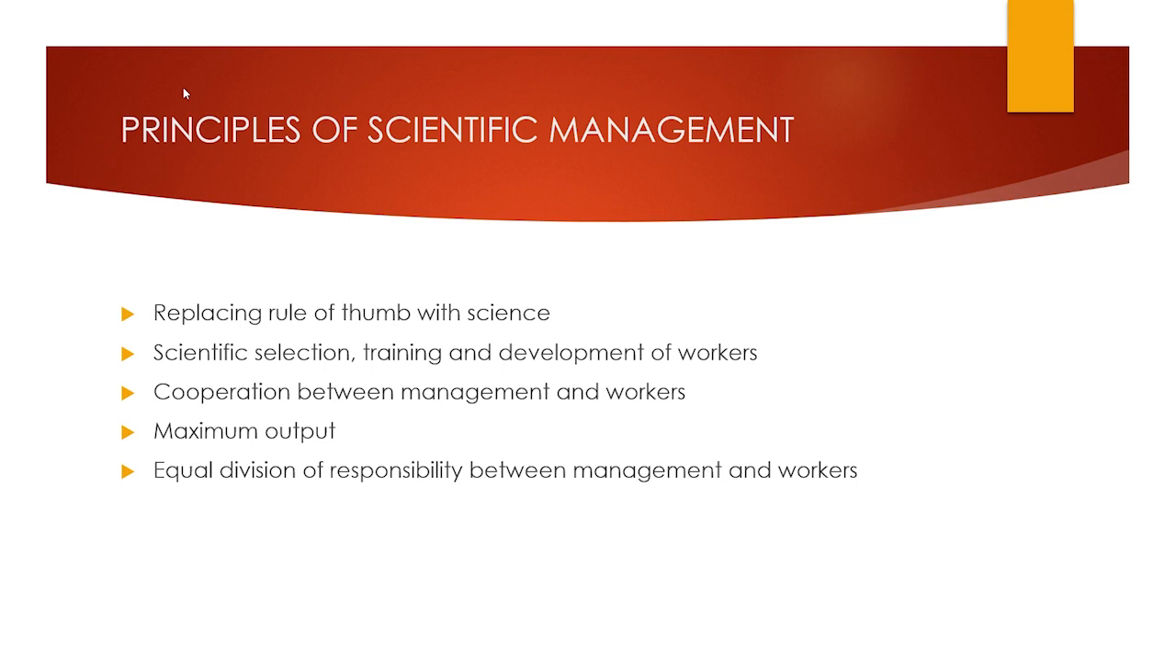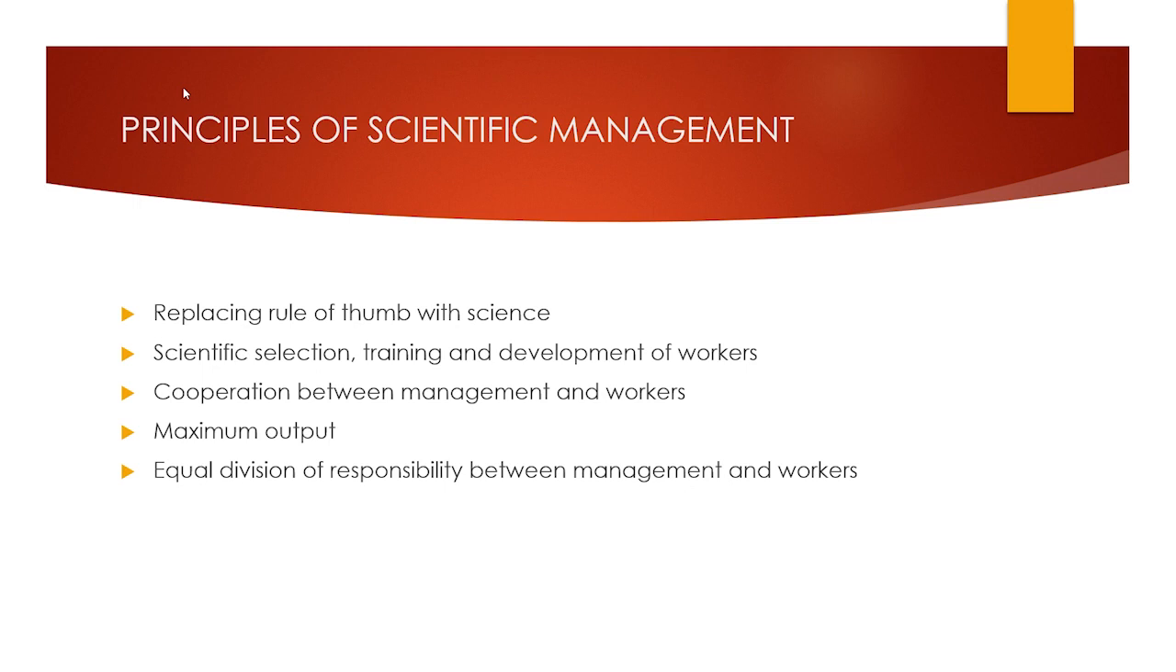First one is replacing rule of thumb with science. What is rule of thumb? It is the application of methods decided by the manager based on his past experiences or personal judgments. But scientific management always puts emphasis on scientific rules. Instead of rule of thumb, Taylor used scientific methods, which always denote precision in determining any aspect of work,